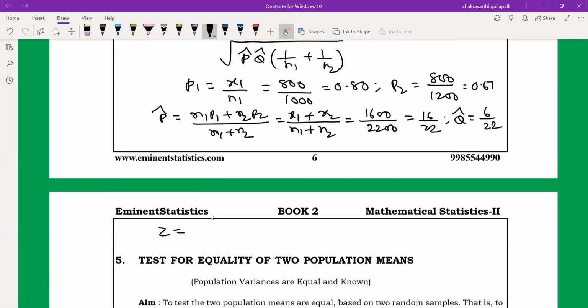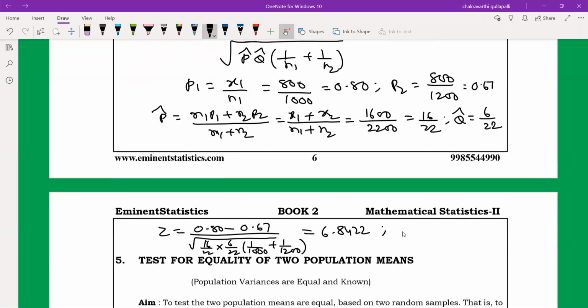Z is equal to, by substituting all these values in the above formula: 0.80 minus 0.667 by square root of P cap, 16 by 22, Q cap, 6 by 22, times (1 by 1000 plus 1 by 1200). After simplification, this value is